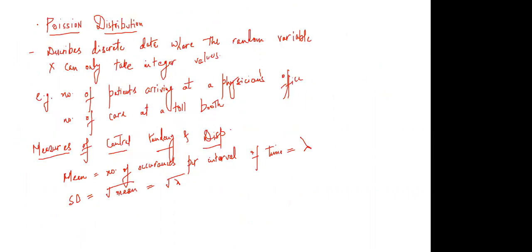Let's talk about Poisson distribution and we'll close it at Poisson distribution. Okay? So Poisson distribution is basically used for discrete data. And in a Poisson distribution, whenever you are measuring, it will only take integer values, right? 1, 2, 3, 4, no fractions, whole numbers. And whenever you are measuring in Poisson, it is a measurement over an interval of time. So you have to remember 3 things: it is used on discrete data, can take integer values, and is measured over an interval of time, right? If you try and visualize a Poisson distribution, let's say,